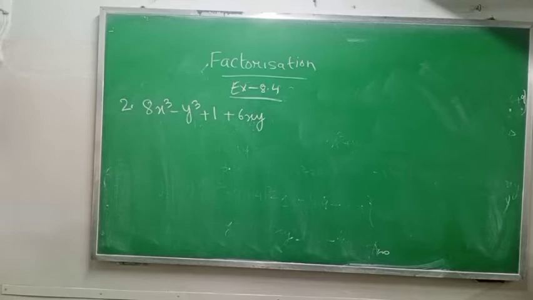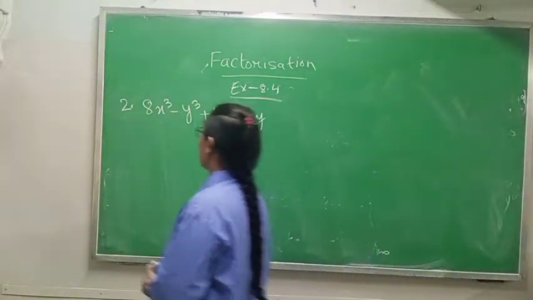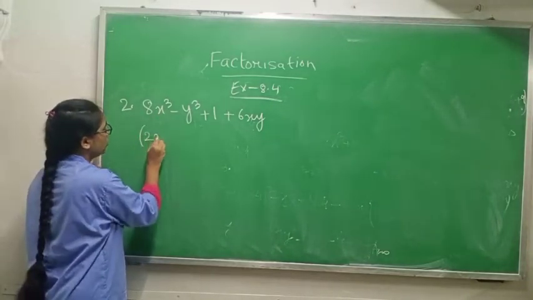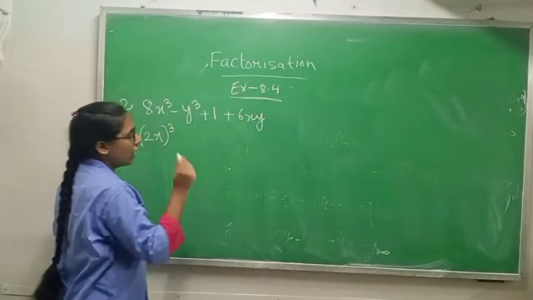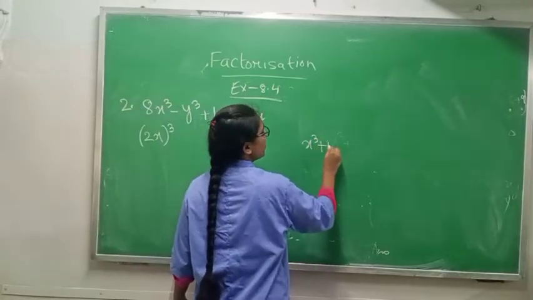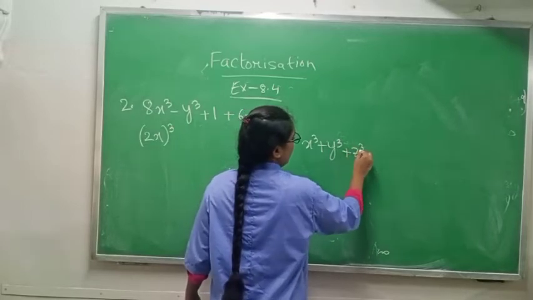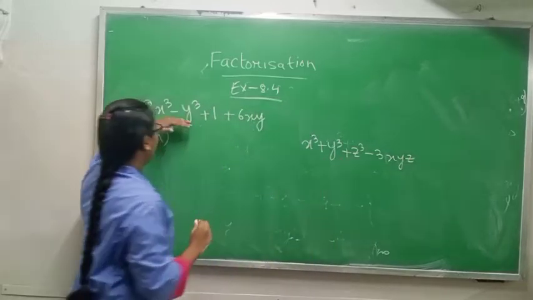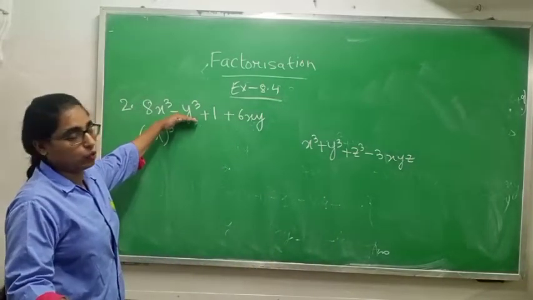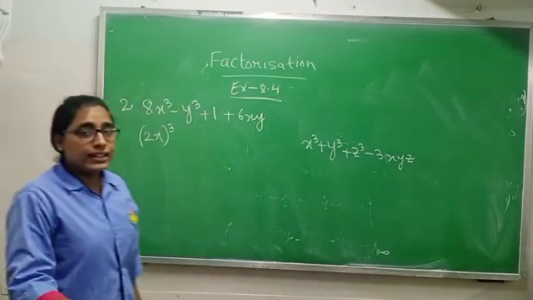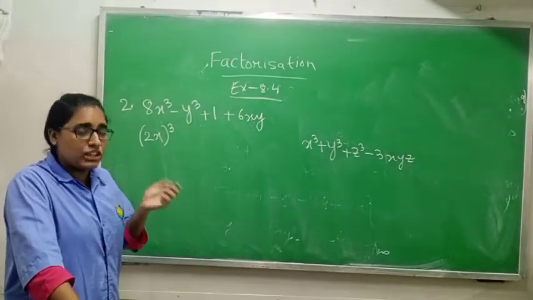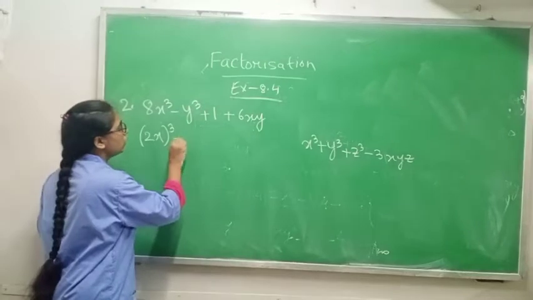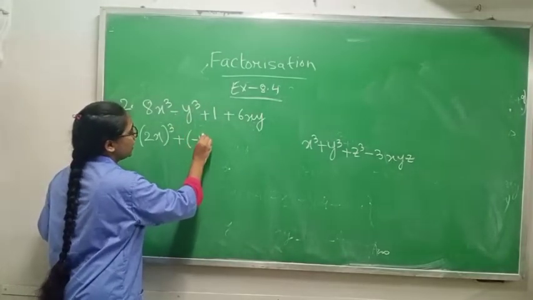Now class 9C, question number 2. It is given 8x cube minus y cube plus 1 plus 6xy. So 8x cube you can make cube of 2, so (2x) cube you can write. But according to our formula it is x cube plus y cube plus z cube minus 3xyz. But in this question we have minus y cube, but we need plus y cube. So when you have a negative sign in place of a positive sign, at that time what you will do, you will write plus and this negative sign you will write